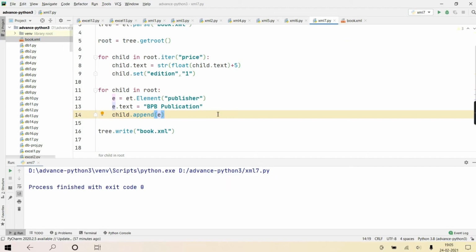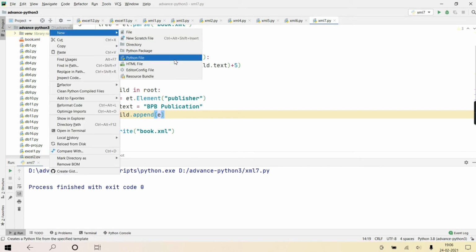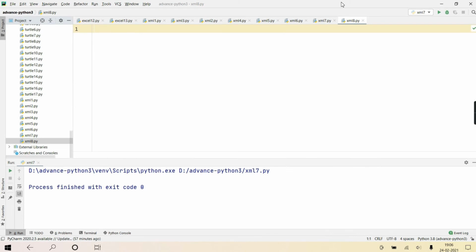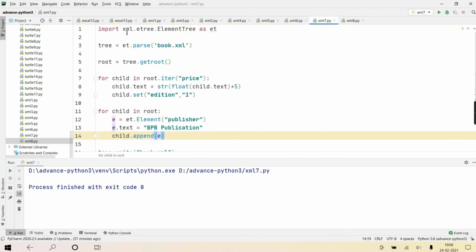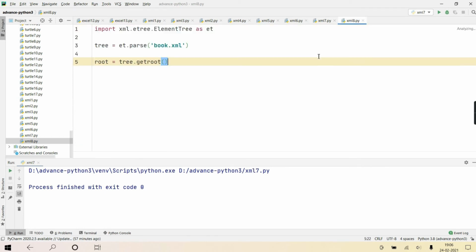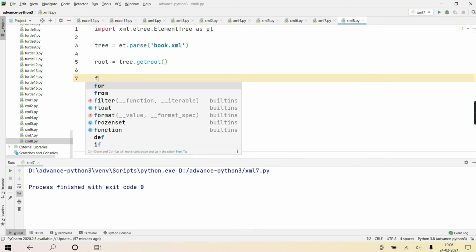Or we will write it. I'll write a separate code. Okay, this part is clear.